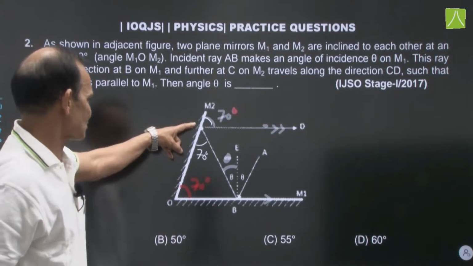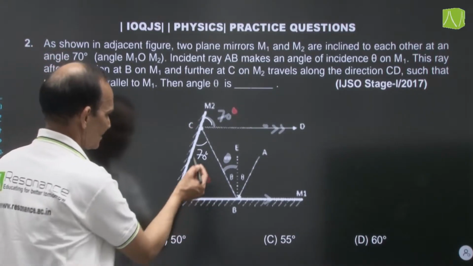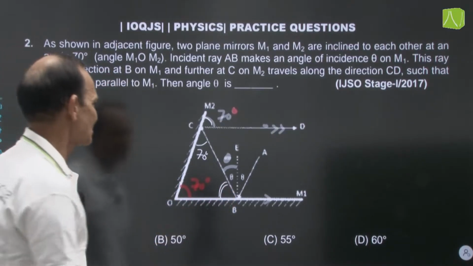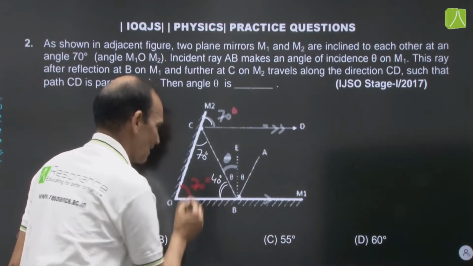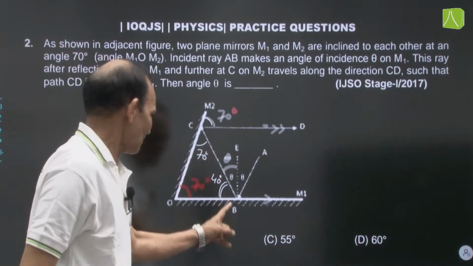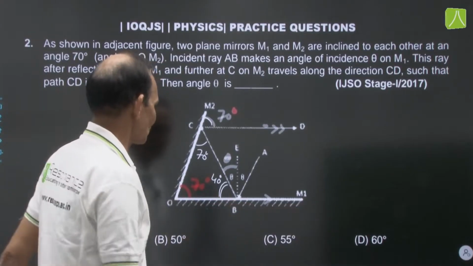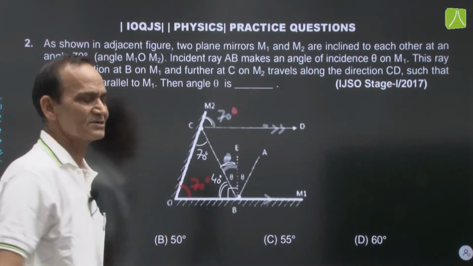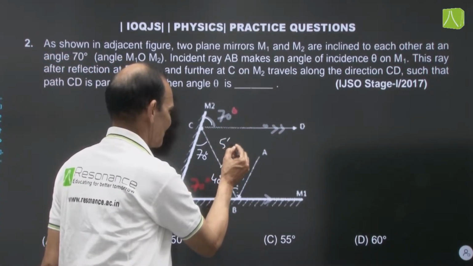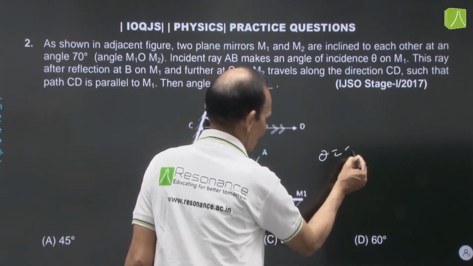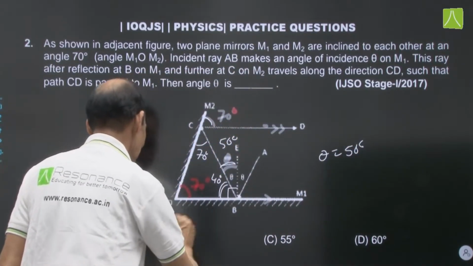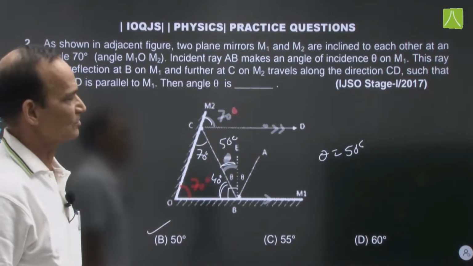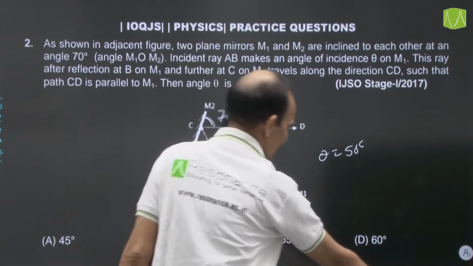Now think about this triangle C, O and B. This is 70, this is 70, so this will be 180 minus 140, that means 40 degrees. Is it clear that EB is normal on M1, so this angle is 90 degrees. We have to find this angle, so it is 90 minus 40, that is 50 degrees. So theta is 50 degrees. The correct option is B. This is the second question in IJSO stage 1, 2017. The next question is